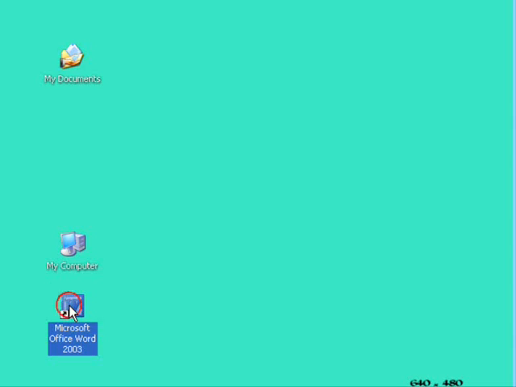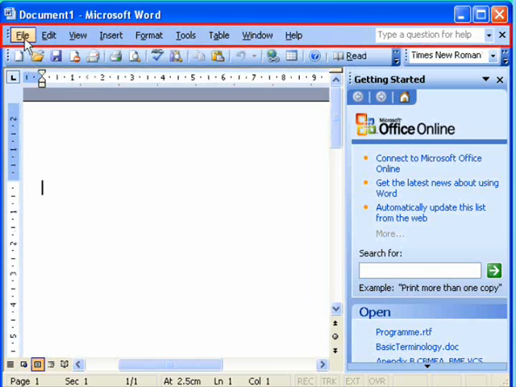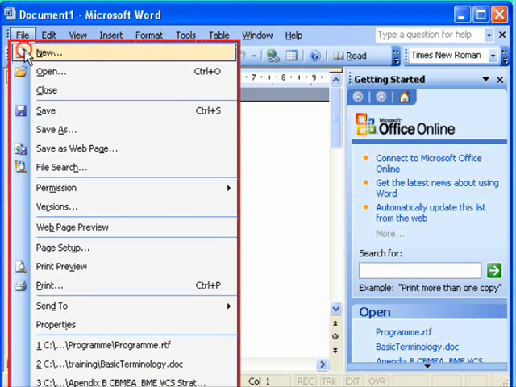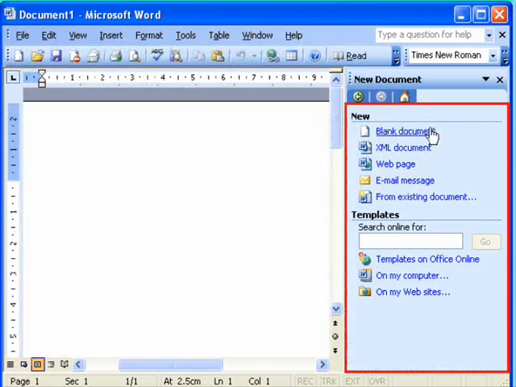So I double click on that. And we now have an empty document. Now the next thing we do is to select File and New. On the right hand side it now changes to what kind of a new document, and we want it from a template on my computer. So we click on this,